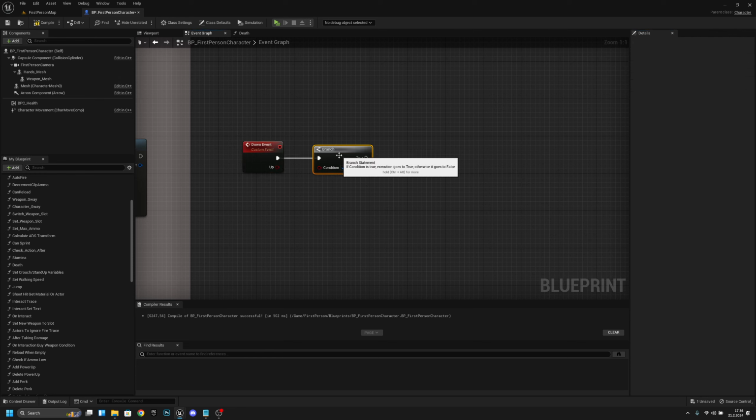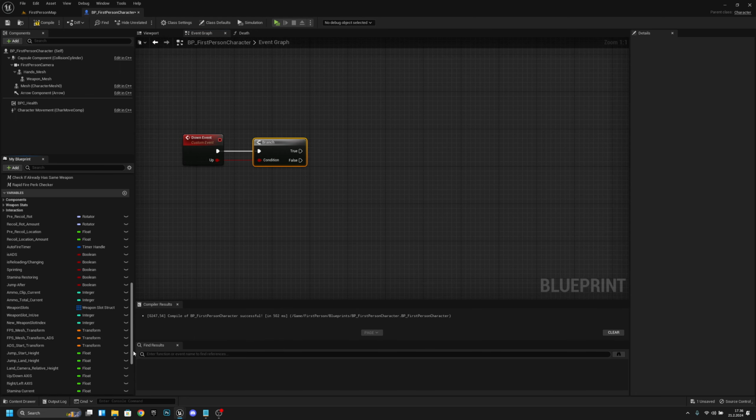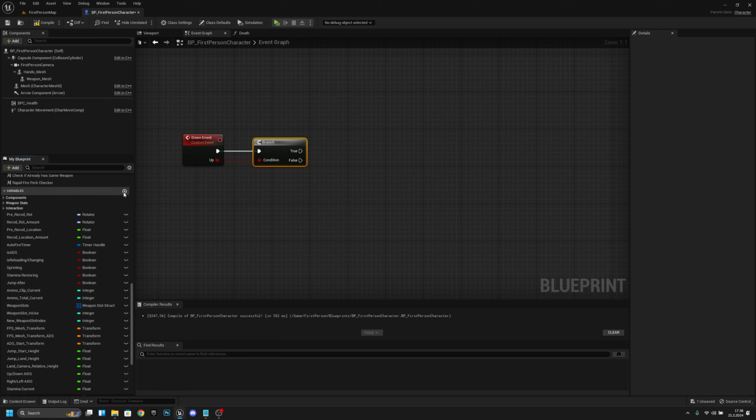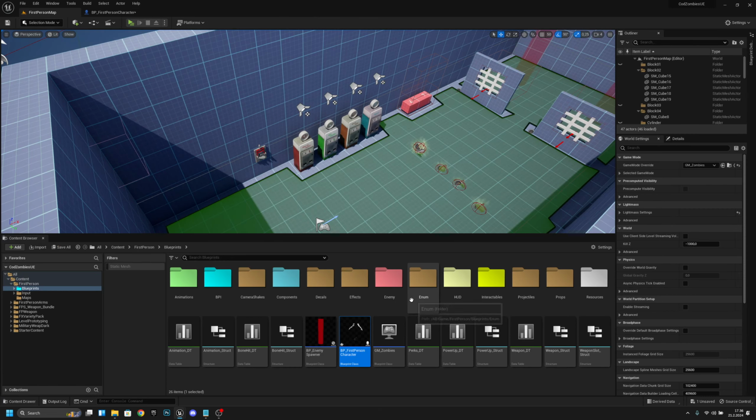Connect it to the execution, and now let's connect the up to the condition, like that. Now we actually have to create a new variable. Let's call it player alive state, like that. Now let's compile and let's go to the first person map. Now we want to go to the